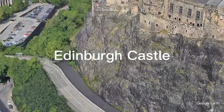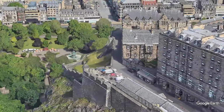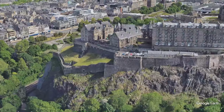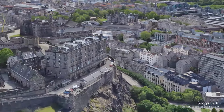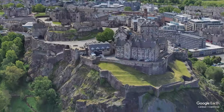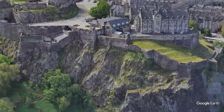Edinburgh Castle, a historic fortress perched atop Castle Rock in the heart of Scotland's capital, is one of the most iconic landmarks in the country. Its imposing structure dominates the skyline of Edinburgh, attracting millions of visitors each year who come to explore its rich history and stunning views. The castle's history dates back to at least the 12th century, though evidence suggests that the